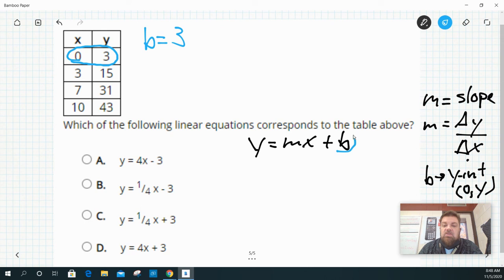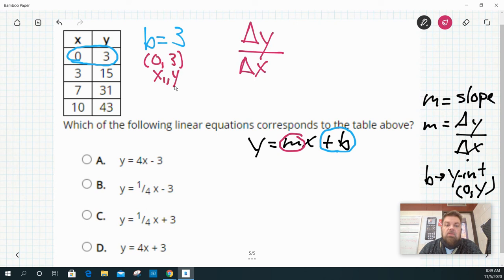Now, I've got this part of the equation done. So the next thing I need to do is figure out what the slope is. Now, what I can do is delta y, which is the incremental value of what we change over delta x. In other words, I could pick two values on this. We're assuming that this is a linear function. So I can make the point (0, 3) my x1, y1, and then I can make the value (10, 43)